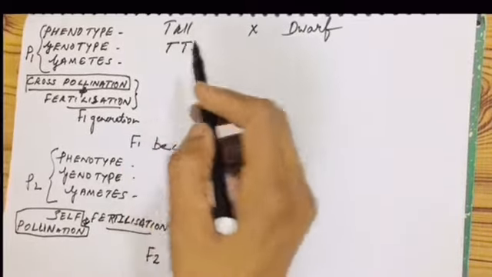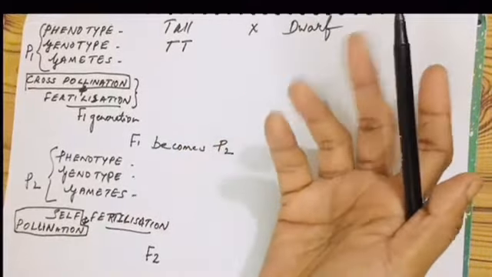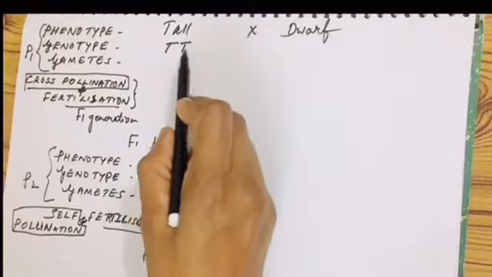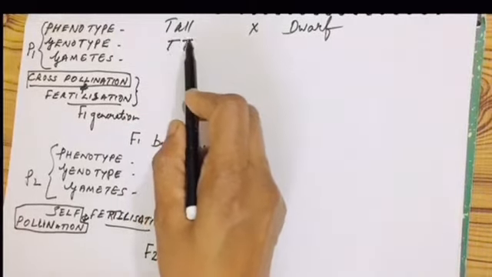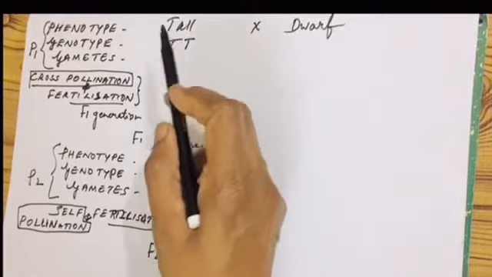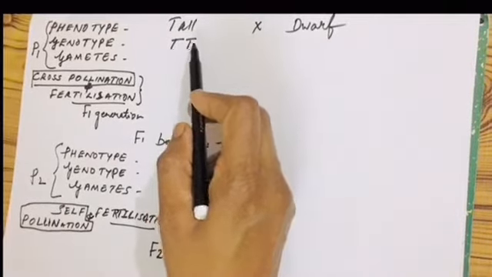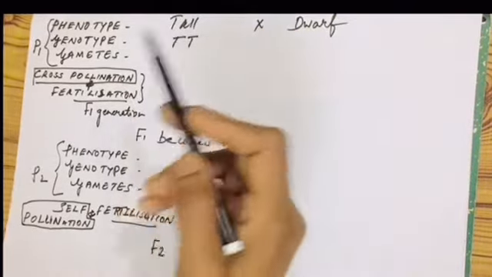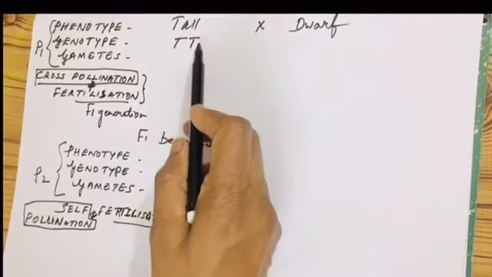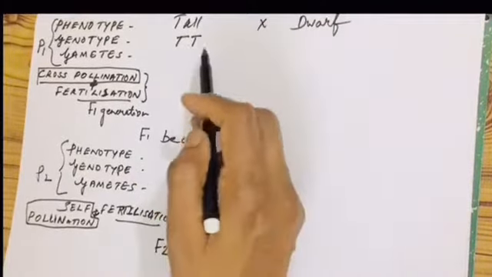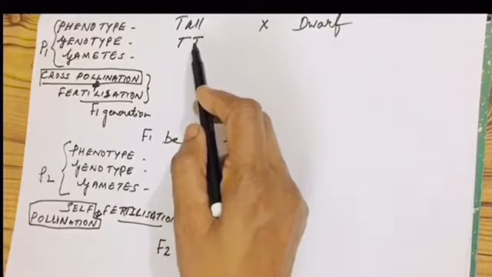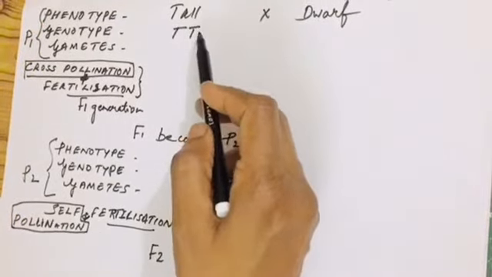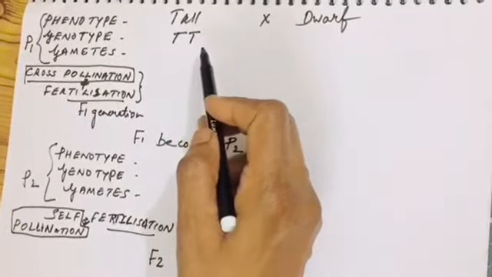Otherwise, capital T, small t also can be the heterozygous version of the tall pea plant because one dominant gene can bring the expression. But here we will use capital T, the homozygous version only, because he was using the pure line breed of the plants. It means the tall pea plants will contribute only dominant factors, capital T and capital T. So you must be wondering how he knows they do not have the heterozygous version, capital T small t. He proved it by growing many generations of tall pea plants by self-pollinating.